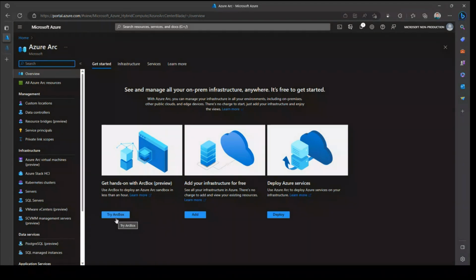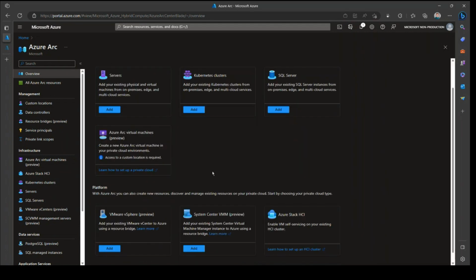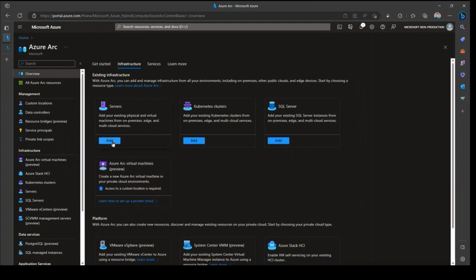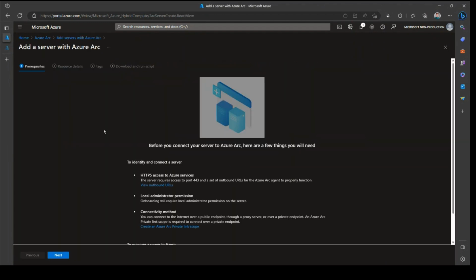Once you click on it, it provides you all the directions, and it will create a virtualized environment similar to the environment that I'm demoing over here, so you can take advantage of it. And here you can see there is this infrastructure onboarding option. If you go on that, you can onboard your servers, clusters, or SQL Server, and so on. So if I simply show you how to onboard a server, for a single server or multiple servers, you can provide a service principal over here and get a script for multiple servers. I'll just go with the simple one.